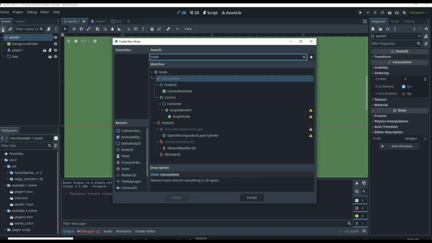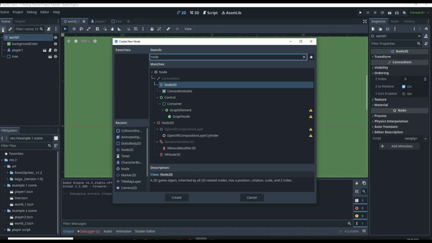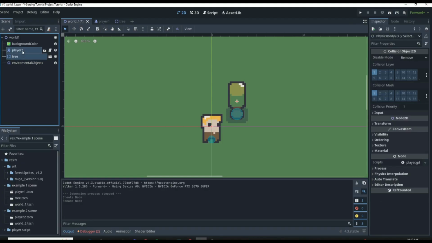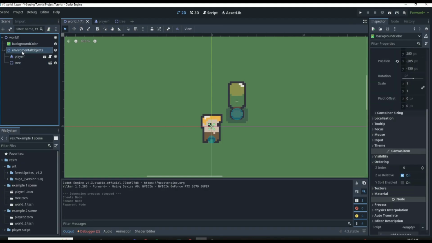Now, I like to do this based on node because it is organization. You could just make this entire back world one here a ysort, but we don't want to do that because, for example, our background color, we don't want our background color to ysort. So we can just add in a node 2D. We can call this something along the lines of maybe environmental objects, right? Because we can just store everything that we want to ysort within this folder here, or within